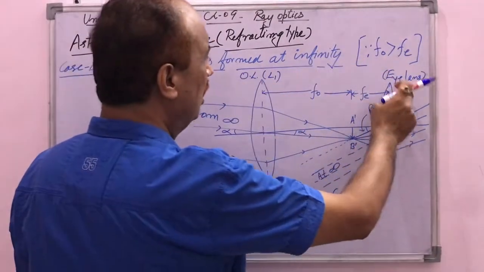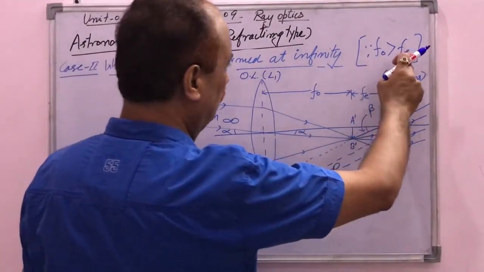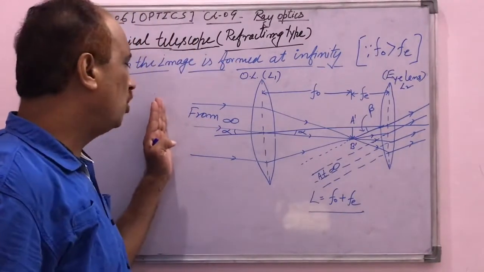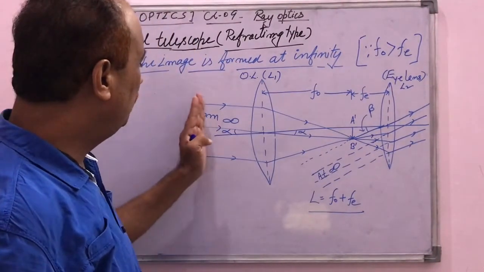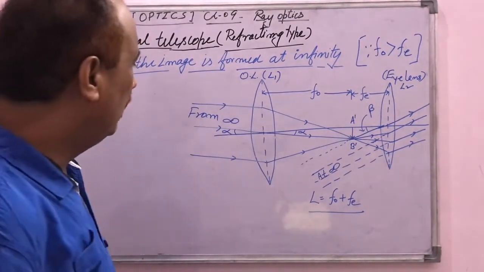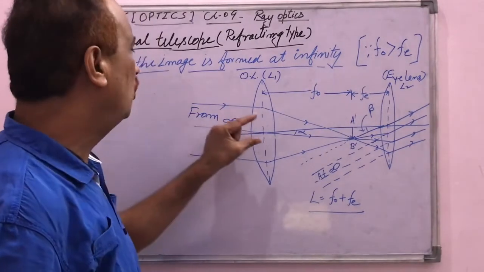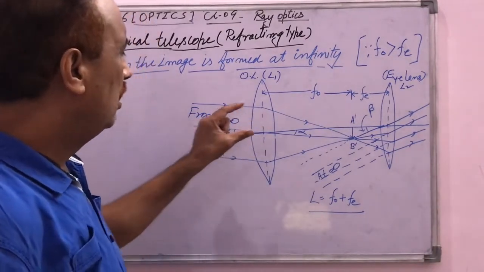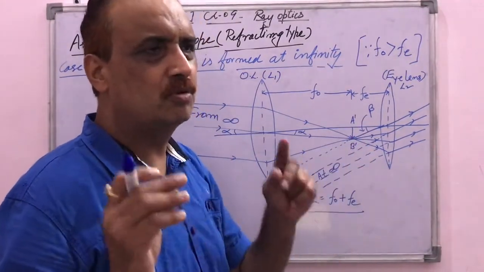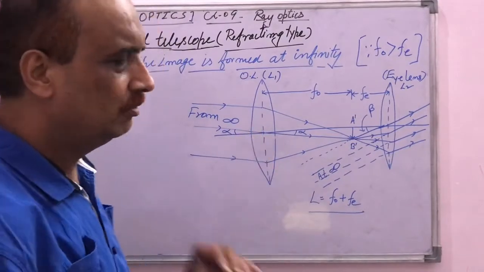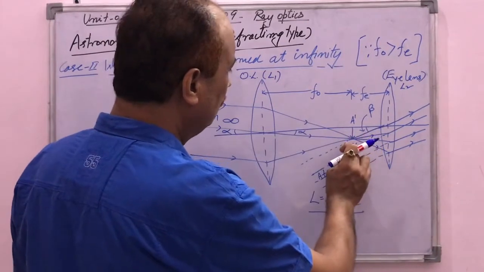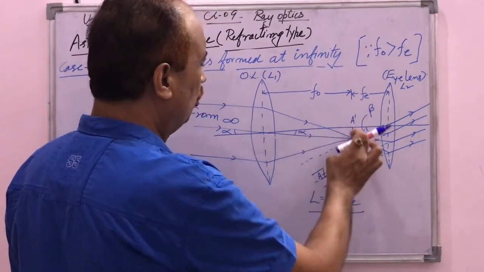the other is the eye lens, and the focal length of the objective lens is greater than the focal length of the eye lens. Now in this setup, when the rays come from infinity, they will be incident parallel on the face of the objective lens, and we know that when parallel rays are incident on a convex lens, they will be focused at a point, and the name of that point is the focal point of the objective lens. Therefore, these parallel rays meet at a point, that is the focal point FO